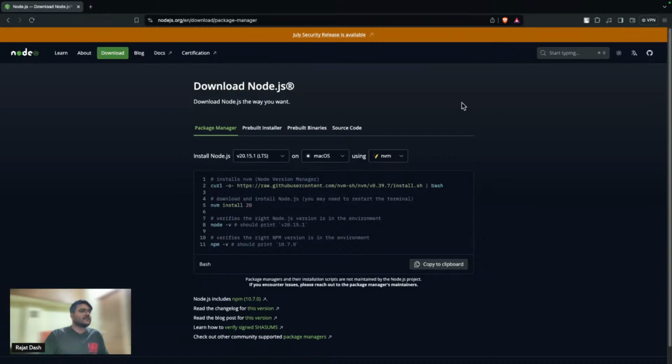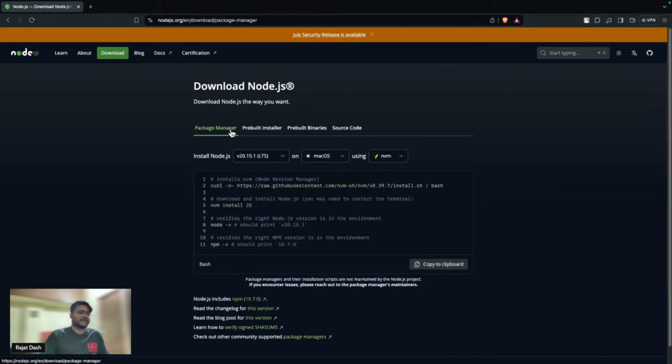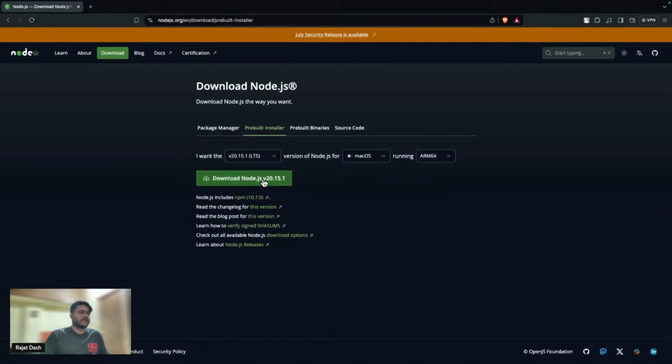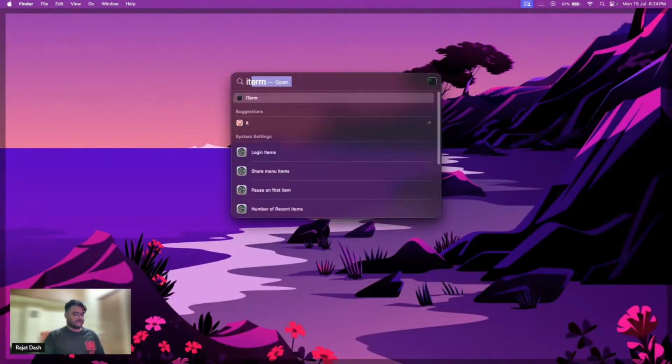So to run React in your system, you need Node. Please go through this site. If you are using a Windows machine, you can download this Node package. If you are using Mac, you can go through these commands, or directly go for this Node package and install it.